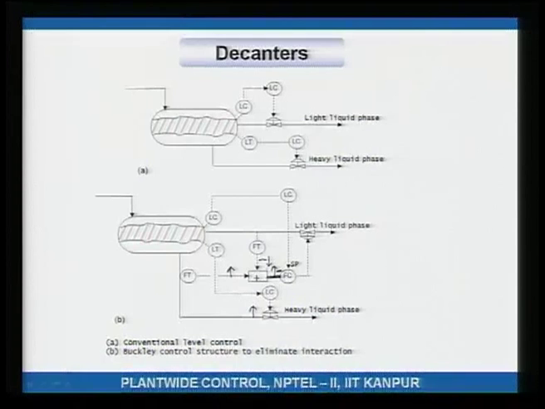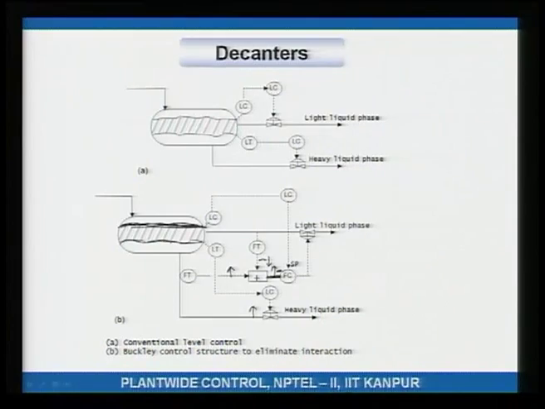So, therefore, now since the total flow is maintained constant, nothing will happen to this level, and since this level was increasing or decreasing, whatever had to be done to adjust the level of the liquid interface, that has been done. Because you are maintaining the total flow instead of the light flow, nothing will happen to the top level, you know this guy. So, I hope this was reasonably clear.